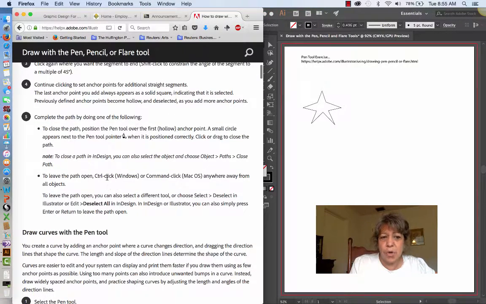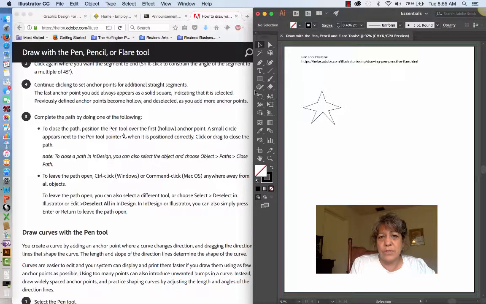And then to leave the object open, you can control click if you're on a Windows or command click if you're on a Mac, anywhere away from all objects. So again, if I were to get the pen tool, add the pen tool, and I was just clicking and did not want to close the path,